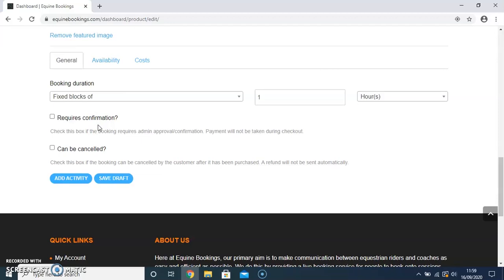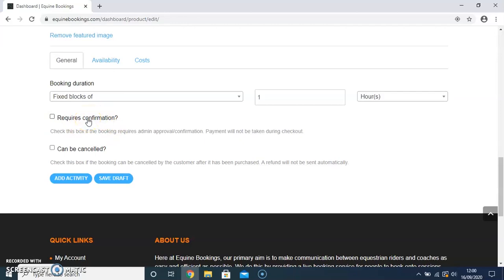If you want to make sure you know the client, or you need to know a bit more detail about them, you can make sure you understand and that you're a good fit for them. Or if you're very busy, obviously if you're lucky enough to be very busy and you're able to pick and choose who you're teaching, then absolutely having required confirmation is really good. Just one thing to note is that when a client